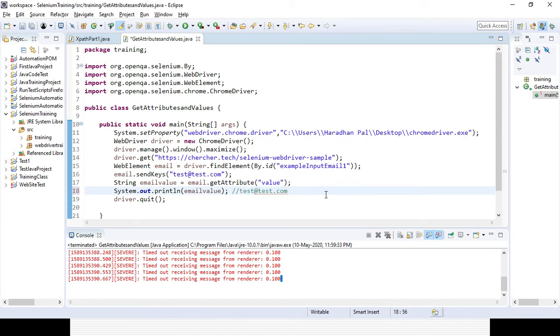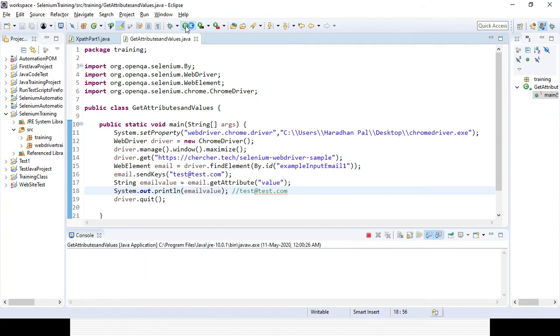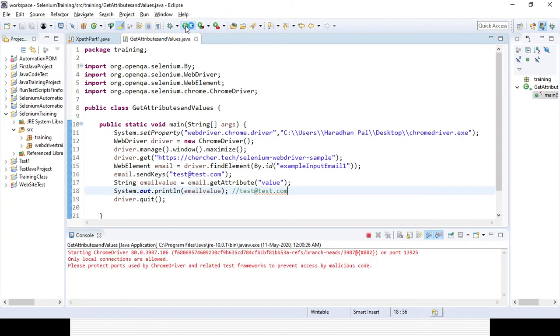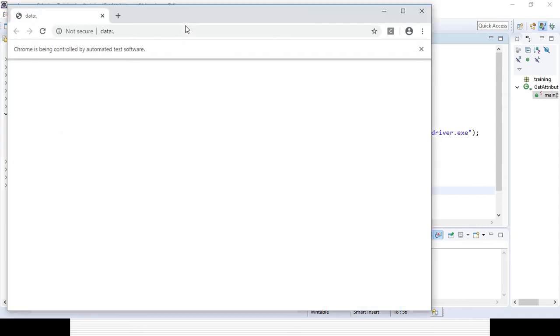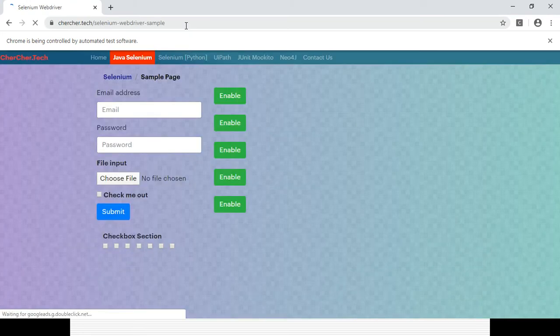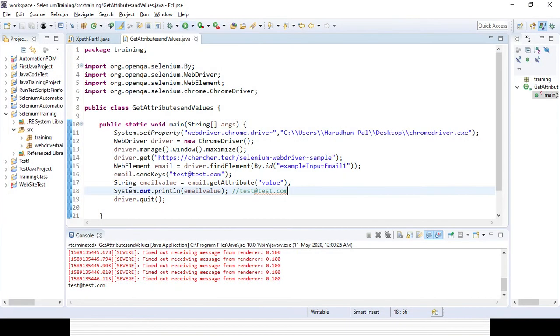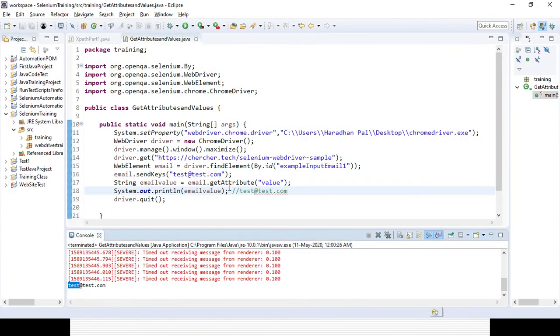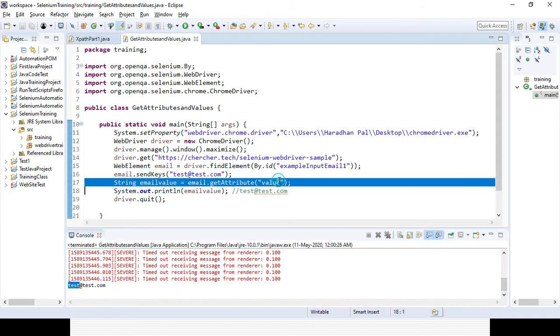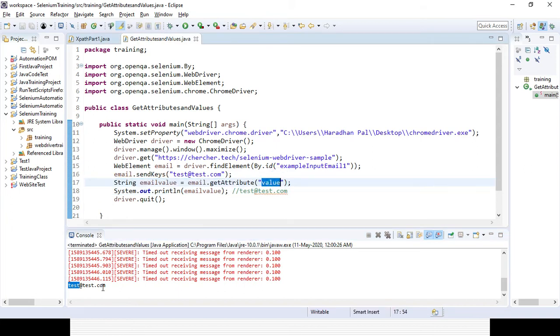Let's run the code and see whether it works fine with the getAttribute method, where you pass value for whatever is already entered in the text field. After launching the browser, it will maximize it, pass the URL, and after the URL opens successfully, it will pass test@test.com in the email address field and close the browser. You can see with the help of getAttribute, the text is displayed, whatever was already entered.